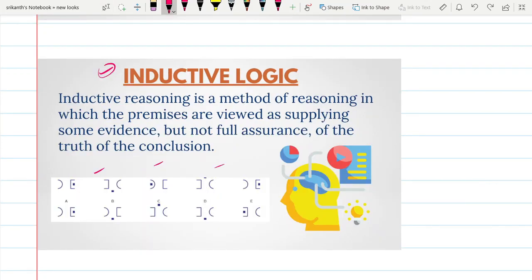Inductive reasoning: in this form, some things will be given and then you have to conclude. If you see these diagrams, first this circle is there and then a rectangle shape, and then one small rectangle. Initially the rectangle is on the right side, then it came to the bottom, then it went to the left, then it came to the top, then again it came to the right. Then what will be the next sequence? It will come down only, right? So this is the answer.